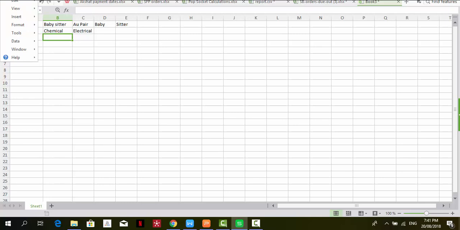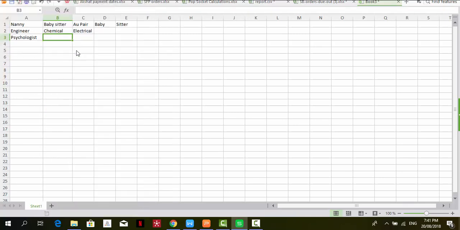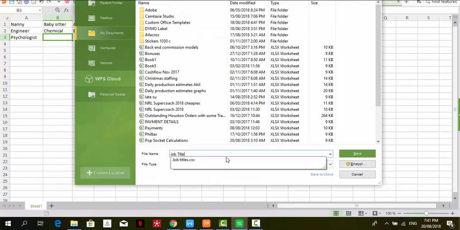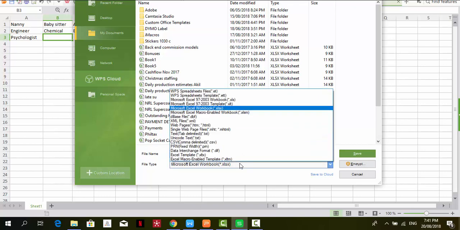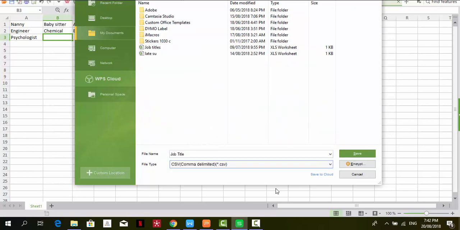When you go to save it, we're going to save it as a CSV file. So file, and then we're going to save as. And then we're going to call this job titles, and you'll see I've already got job title CSV. In here we're going to select CSV, delimited as the file type, and then we'd click save. So I've already saved job title, so I'm not going to save it again, but it's a very simple, fast